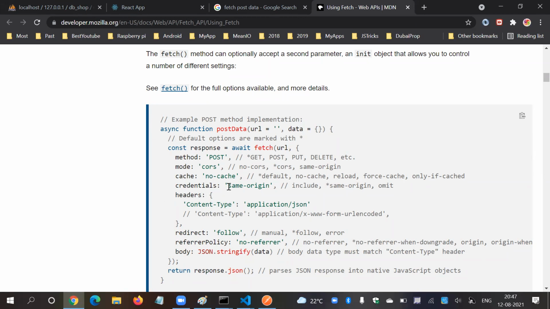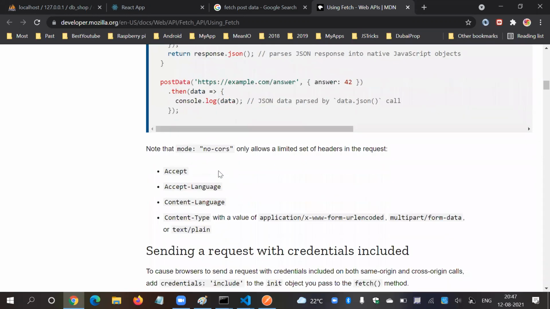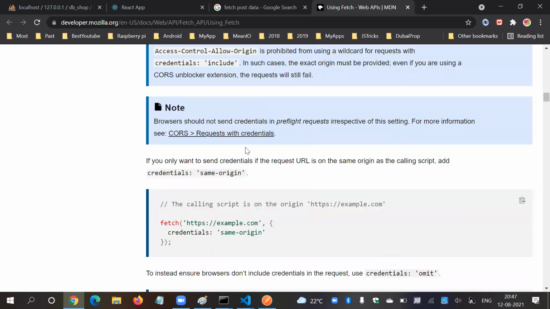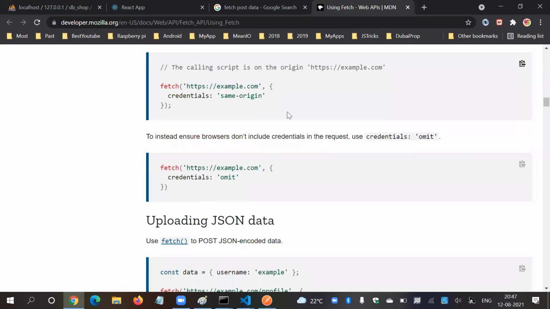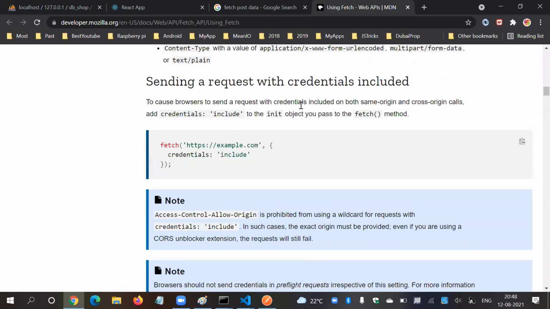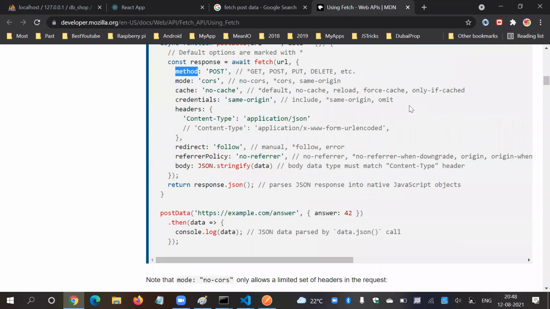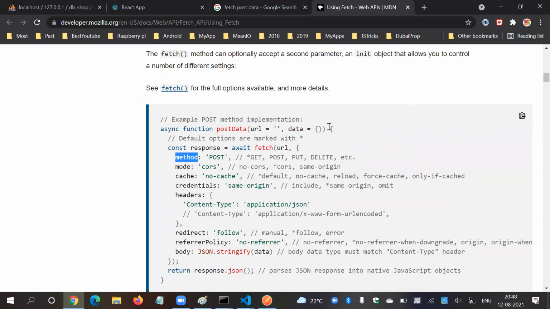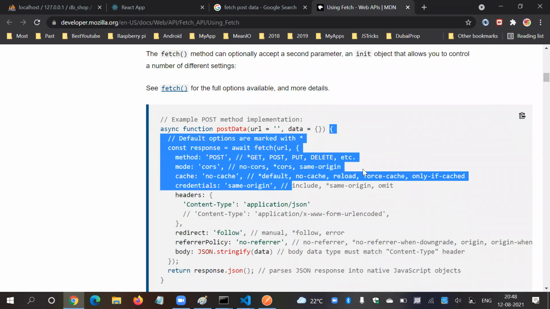Not all of these are required. We are going to mostly use body, headers and method. Just scroll down, you will find everything, like how to use credentials, same origin or omit. Just read the basic description, you will come to know everything. Just try to use this stuff.